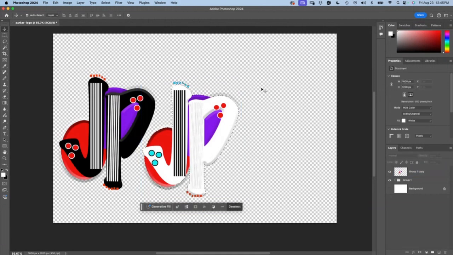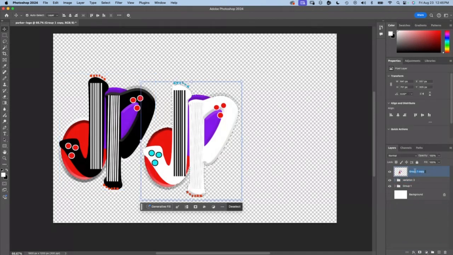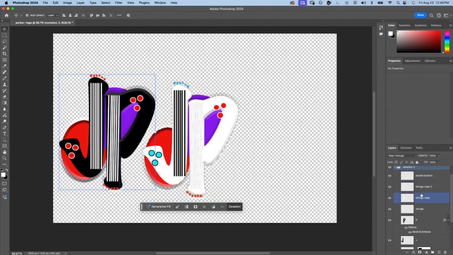For variation 3, one designer I knew before suggested that you always do your logos in black and white. Always see how they will look in black and white. So maybe that's what I'm going to do. So I'll take group 1 again and copy it. Now I have group 1, copy 2. I'll call this variation 3. This one is variation 2. In variation 3, what I'm going to do is